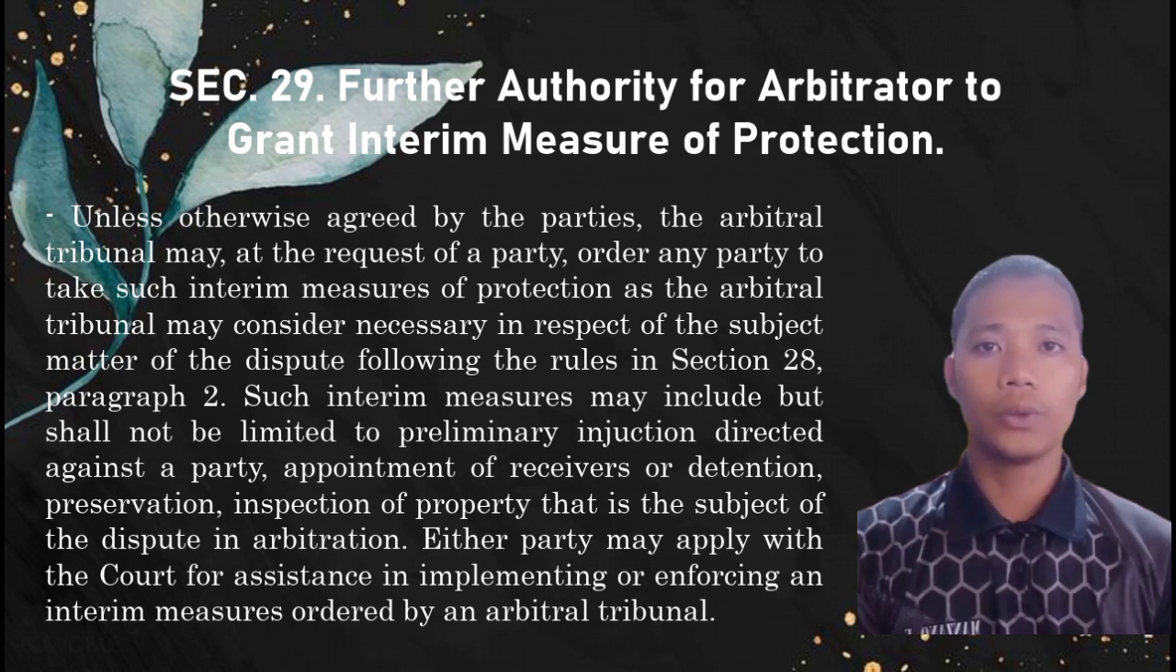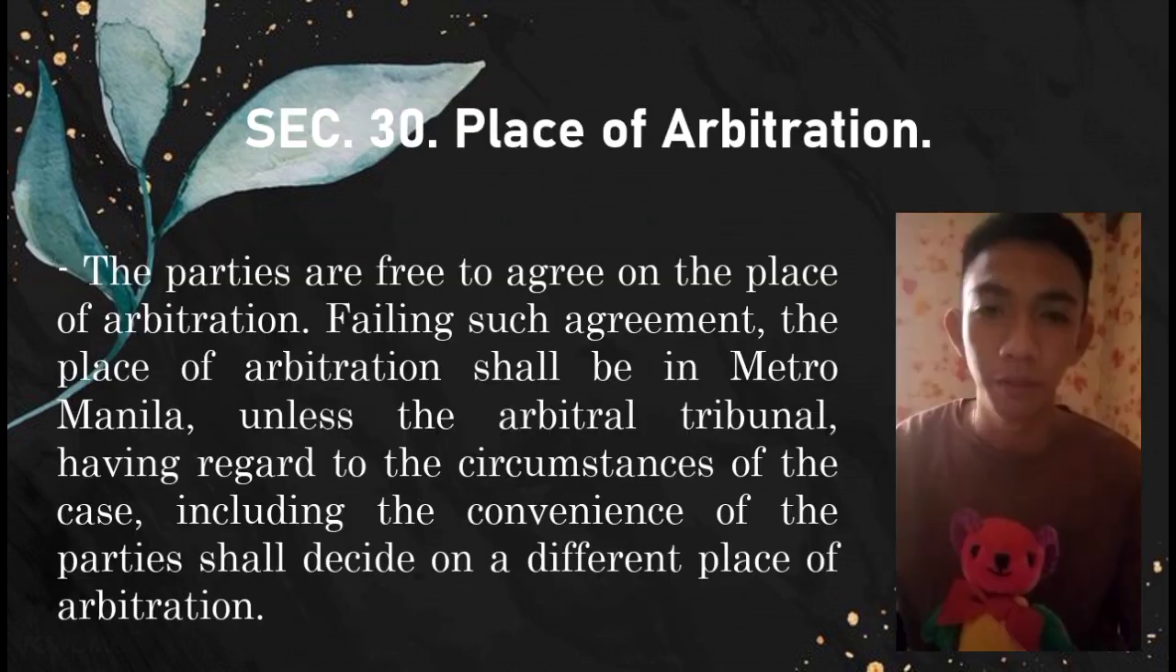In summary, Section 29 is emphasizing the authority of the arbitral tribunal to order interim measures for the protection of the parties involved in the arbitration process. It also acknowledges the possibility of seeking court assistance for the implementation or enforcement of such interim measures. My report is